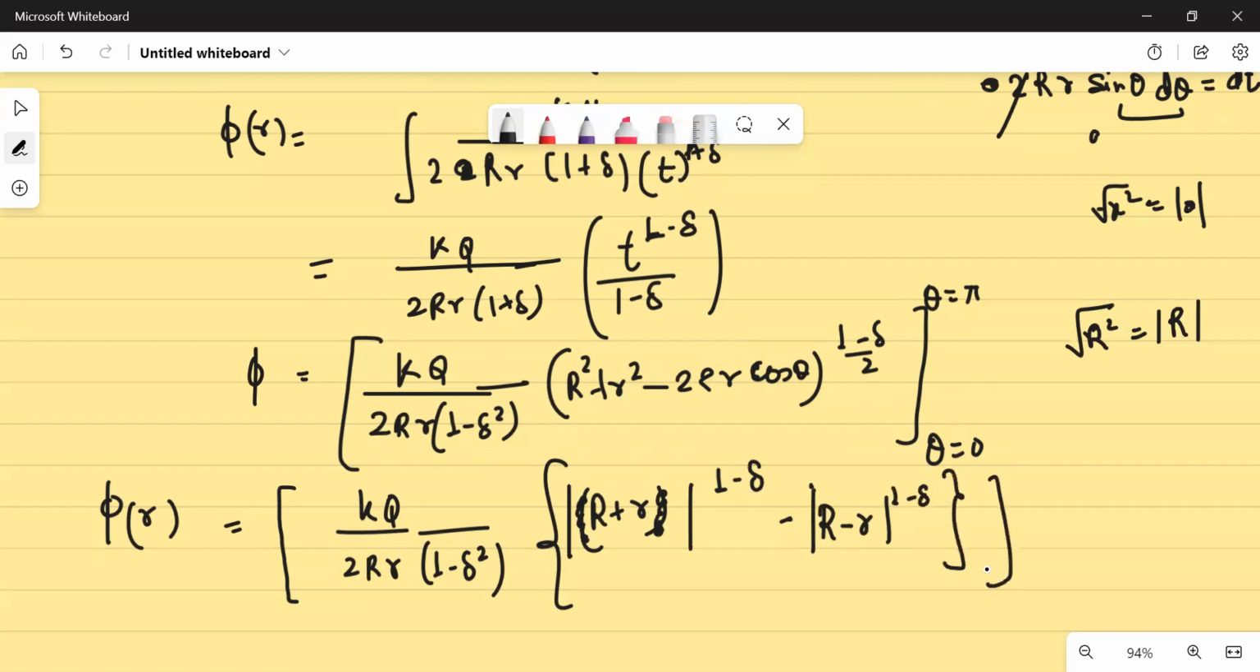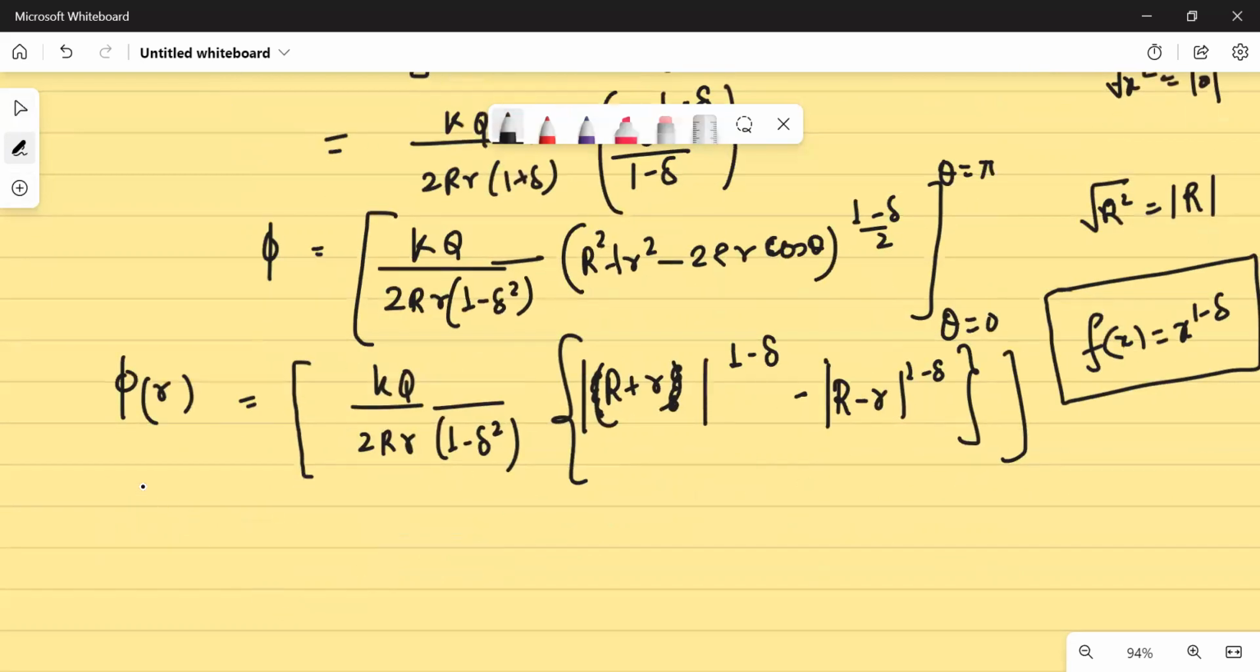Is that clear? एक काम करते हैं, take this as 1, so x की पावर 1 माइनस डेल को अपन ले लेंगे एक फंक्शन f(x), तो लाइफ इजी हो जाएगी हमारी, इसको हम f(x) बोल देंगे. ठीक है, overall understand that if my r is greater than R, that is if I'm lying outside the